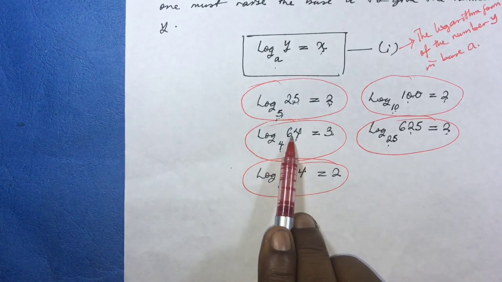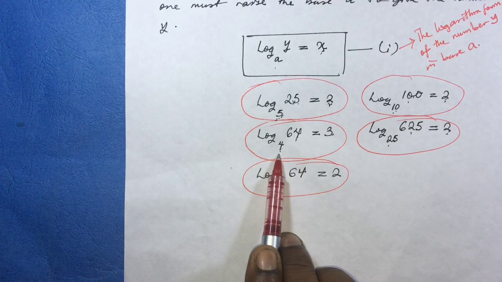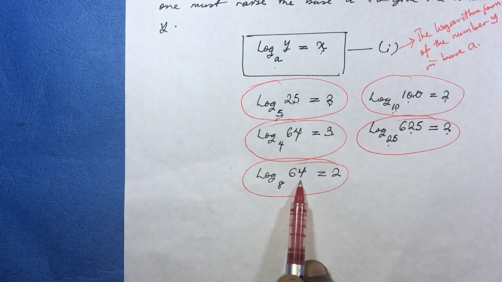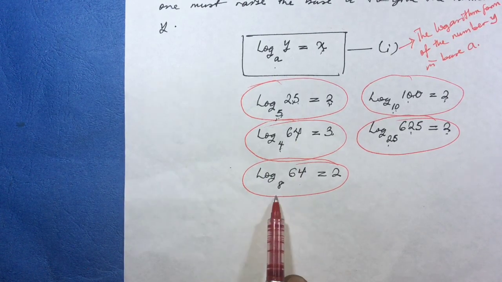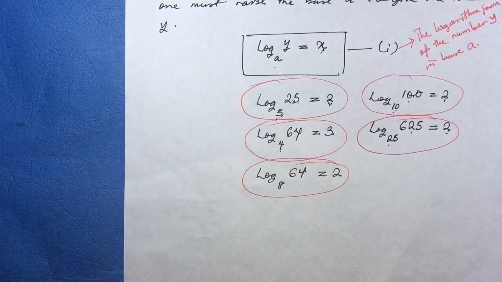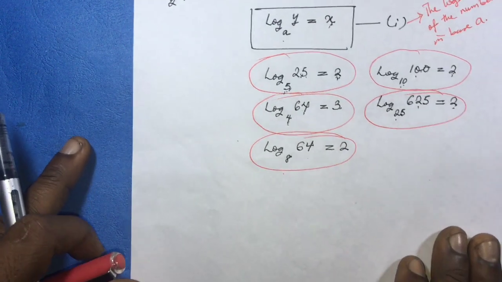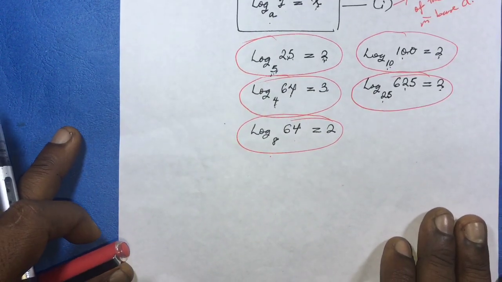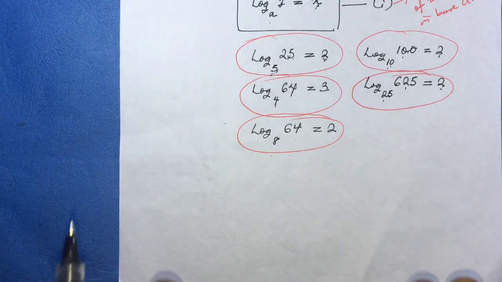Now, the logarithmic form of the number 64 in base 4 clearly is different from the logarithmic form of the number 64 in base 8. So the logarithmic form of a number varies as the base. Now, why am I talking about the logarithmic form of a number? I want you to know that for every logarithmic form of a number, there is a counterpart index form of that number. So let us see, how do you move from having the logarithmic form of a number to having its index